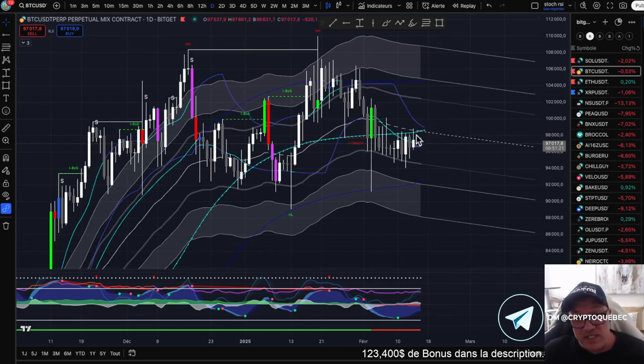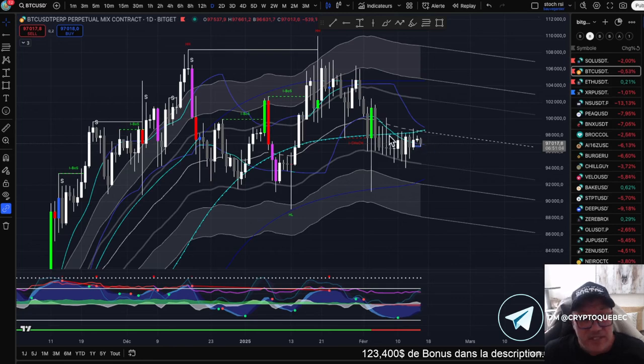And Market Cipher tells us the stochastic is recently updated. The RSI isn't moving, but the stochastic is, on Market Cipher. But now we're starting with momentum. We can see that the VWAP is trying to go down. So if the VWAP goes down, we're going to go down. And that's what I think is going to happen.